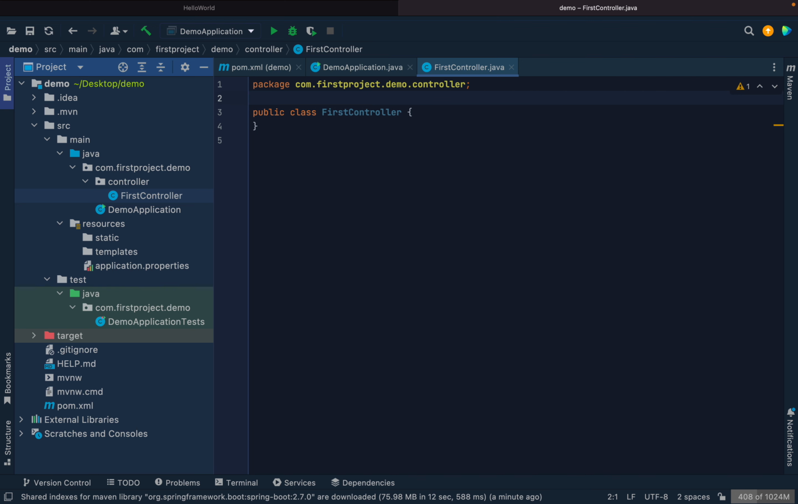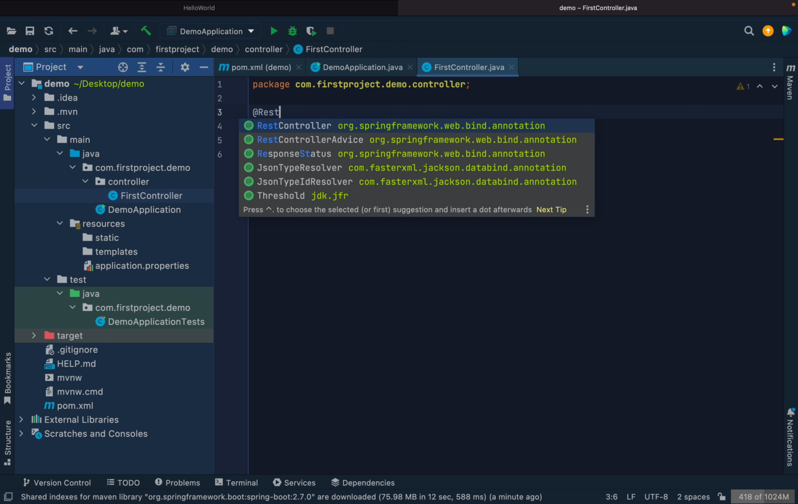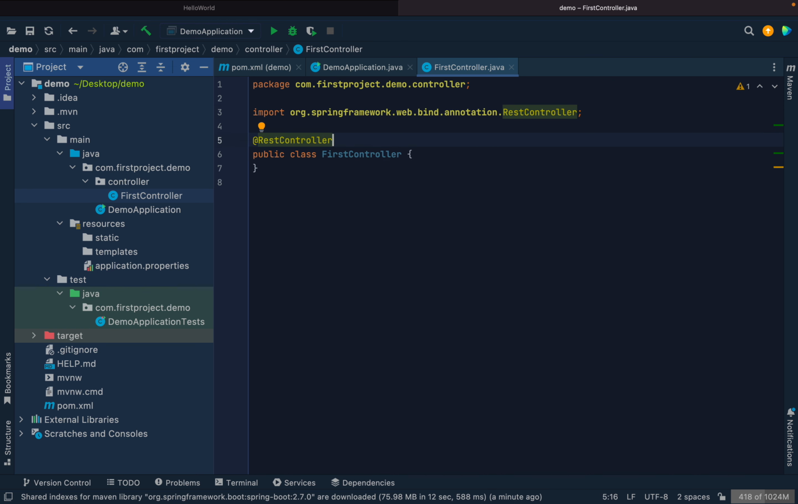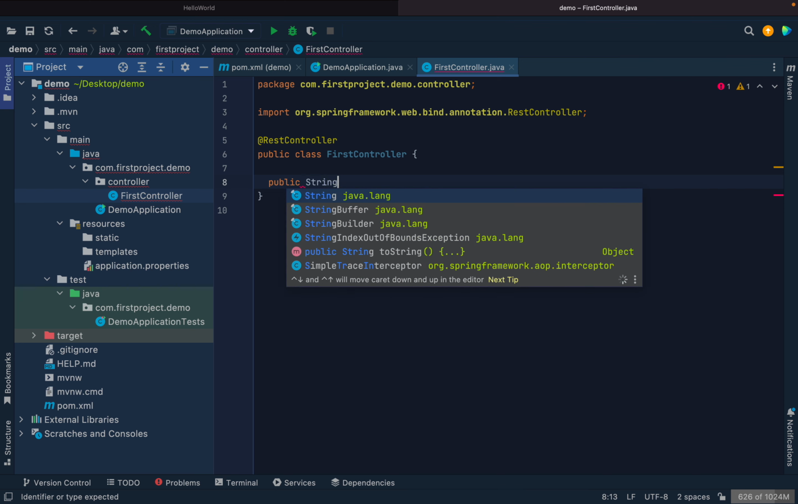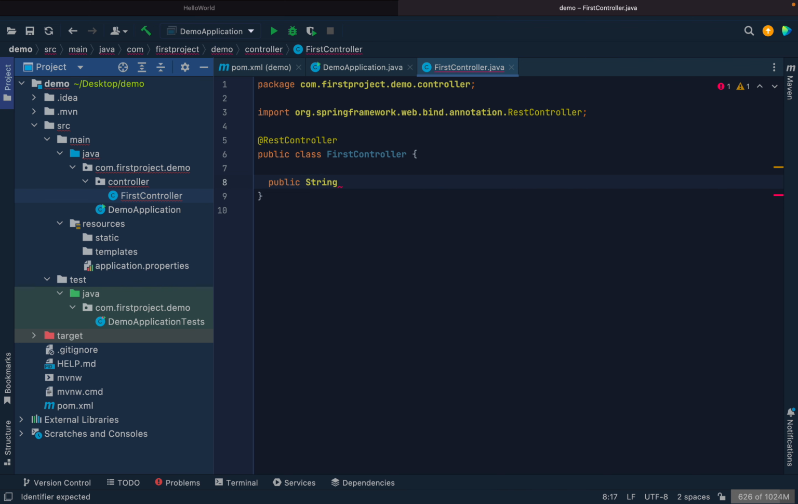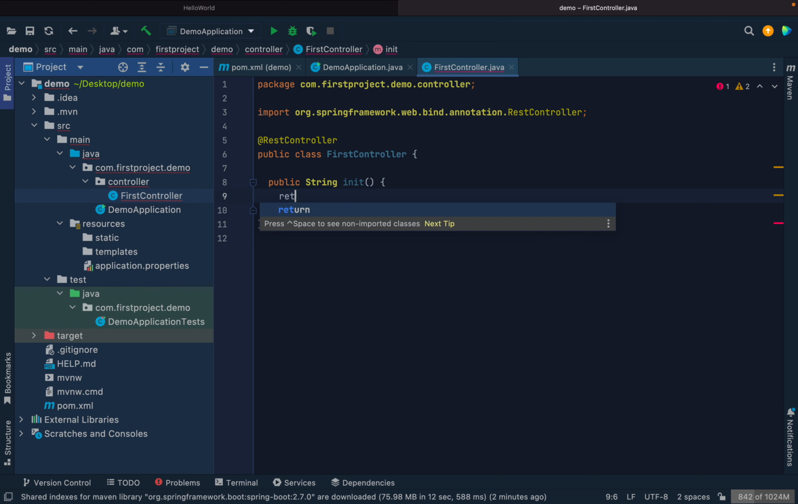And now I want to mark my controller with the annotation called just controller. So this will make it identified by the dispatcher servlet where to route the request coming to the application. And now we'll expose our endpoint in this class. Let's say I want to return a string from this, and we can name our method anything irrespective of the endpoint. Let's name it init, and I want to return